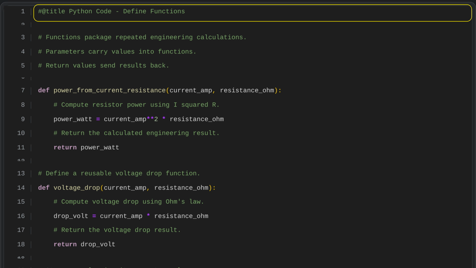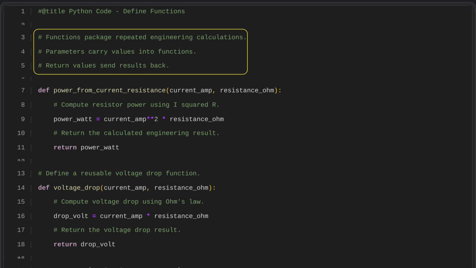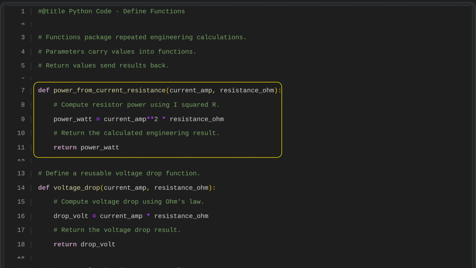Python code. Define functions. Functions group repeated engineering calculations into reusable pieces. Parameters bring values into a function, and return values send the result back. This function calculates the power dissipated by a resistor using the current in amperes and the resistance in ohms. It squares the current, multiplies it by the resistance, and returns the resulting power in watts for use elsewhere in